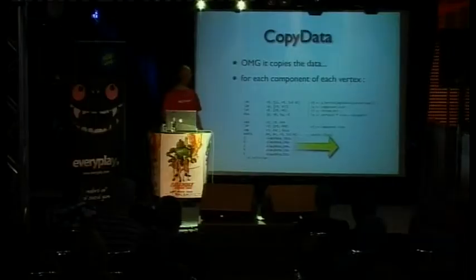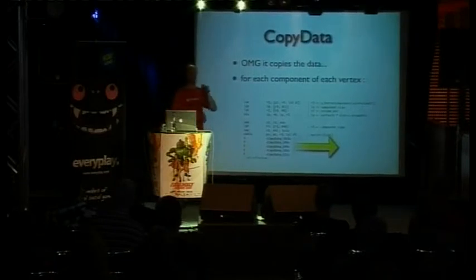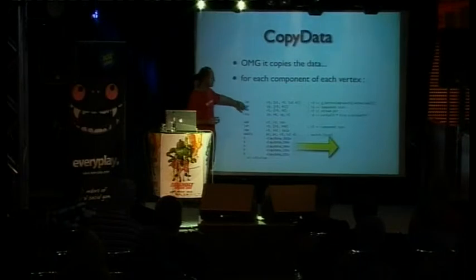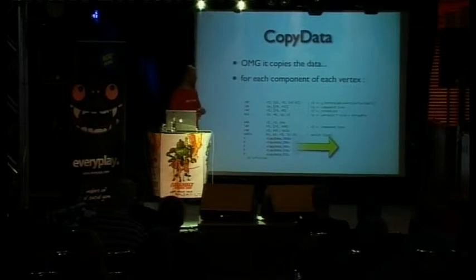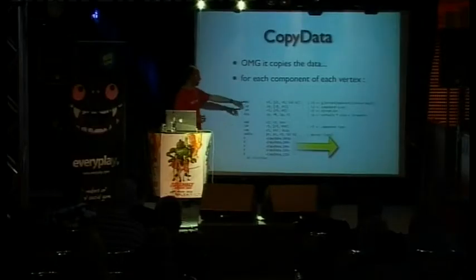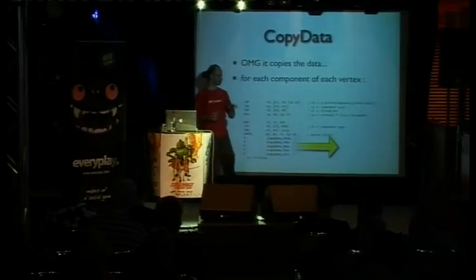And if you start looking into the code which does the copying, it's pretty funny, because it does this for each vertex, for each component of that vertex, and I mean component like position, texture coordinate, normal. It will analyze: okay, I have 2 components in my case, position and texture coordinates, and it will fetch from some structure internally, okay, this guy asked me to render this geometry. So I know there are 2 components here. So I check the size of the component, and I check the stream pointer for this data. And then